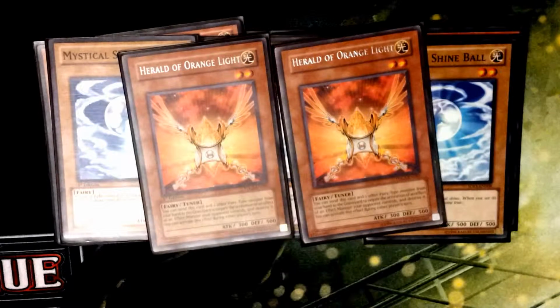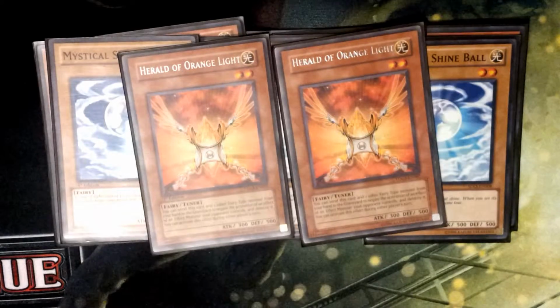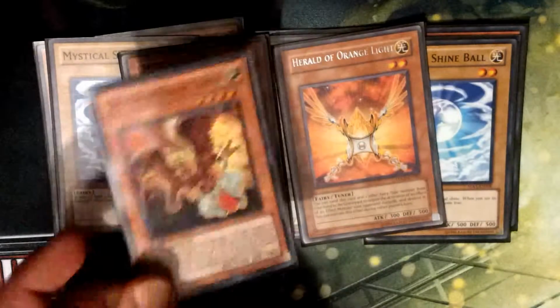The only thing I would think about is perhaps removing the Shine Balls and Venus for more agents, other agents even. So, you know, or perhaps even running a TG build. So that would be my other thought with this deck, and make more of a chaos feel for it. But right now it's just pure fairy. So 2